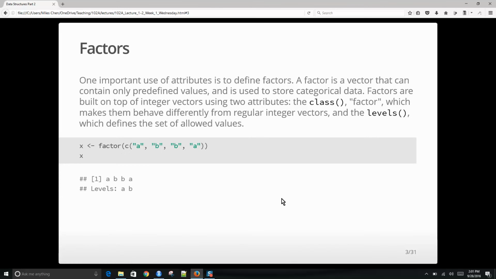Okay, we can talk about other types, or the way R stores information, and one of these is a factor. Factors are like our vectors, but they are set so that they can only contain certain predefined values. So only certain options are allowed. You can't pick